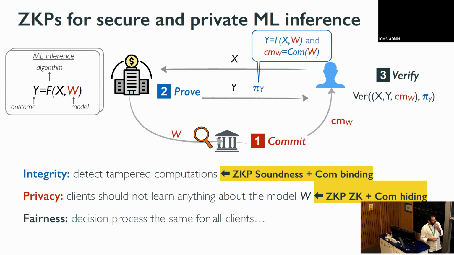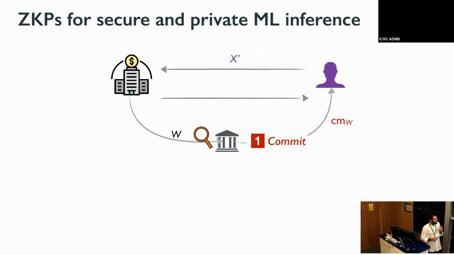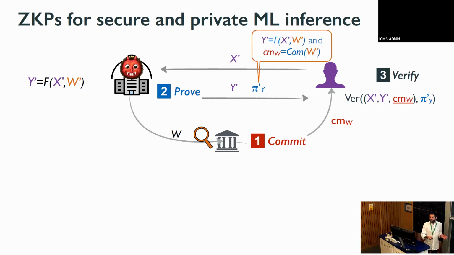So about fairness, I will give an idea of fairness in terms of a proof by contradiction. Let's say that now there is another client that comes, and this client has the same commitment as the first client, right? So it has a commitment to W, and it wants to have X prime classified. Then there is a malicious authority that is classifying X prime using a different model W prime. Then, since the protocol requires producing a zero knowledge proof that must be accepted,